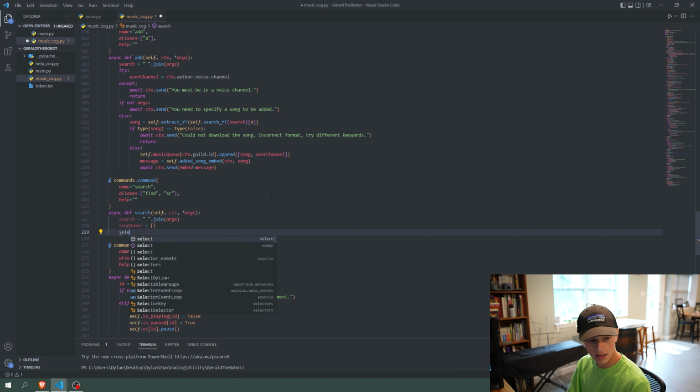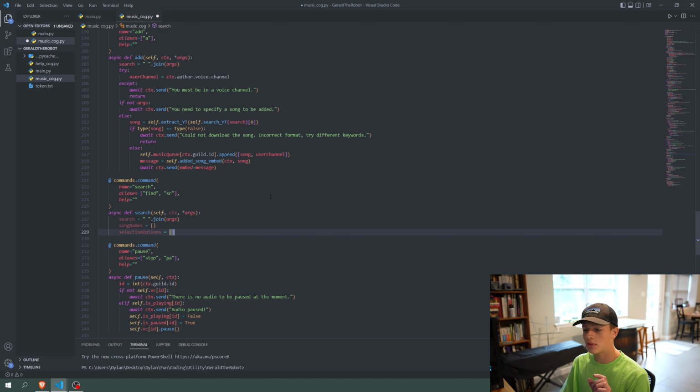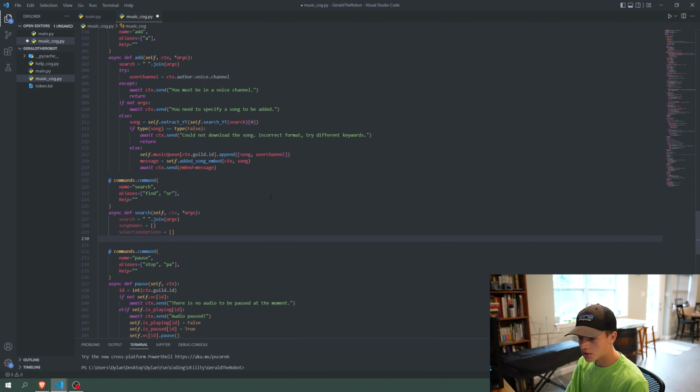Then we're also going to say selection options equals an empty array as well. This will be for our selection box. We're going to have a drop-down menu for the songs. And then we'll also have our embed text equal an empty string,